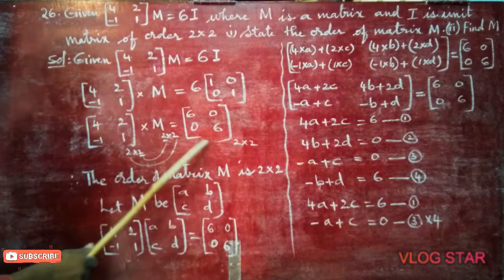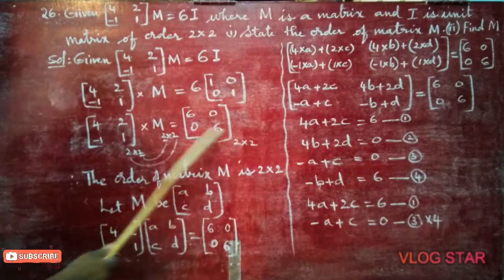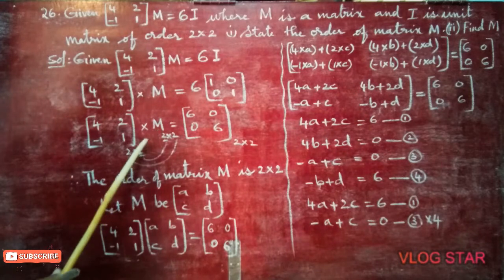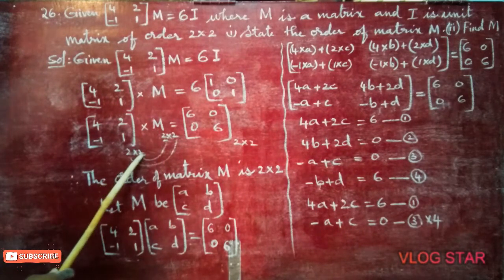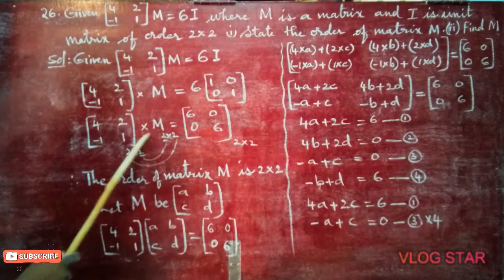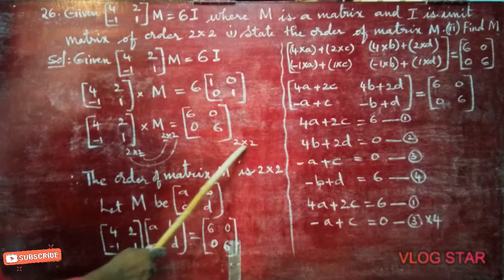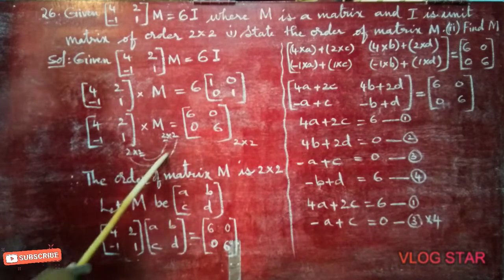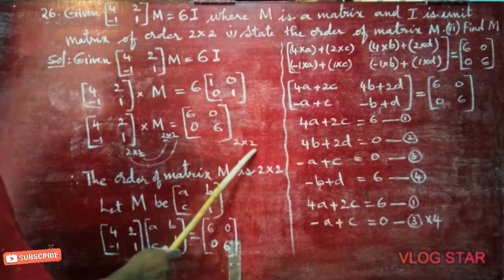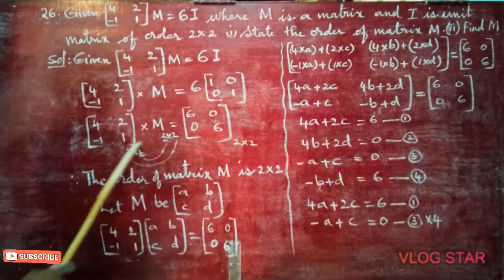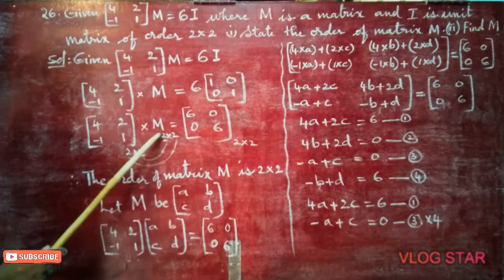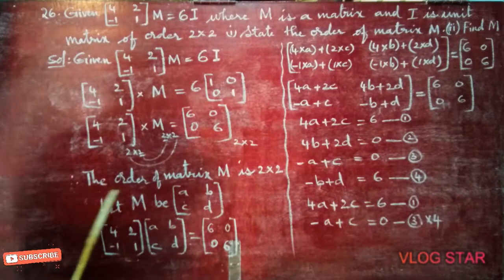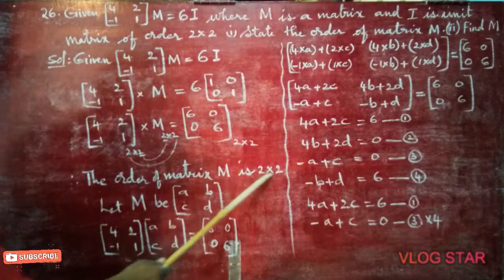Now the two matrices are a 2 by 2 matrix and a 2 by 2 matrix. M matrix we have to find. Columns should be equal to rows. The first matrix columns should be equal to the second matrix rows. So here 2 is there, here also 2 I wrote. Next, what will come here? So 2 by 2 matrix, 2 came. When these two are there, 2 by what is there here? 2. That is the way of finding the order of matrix M. Therefore, the order of matrix M is 2 by 2.